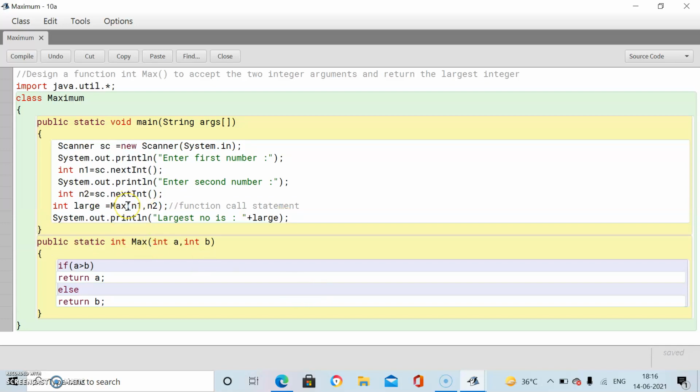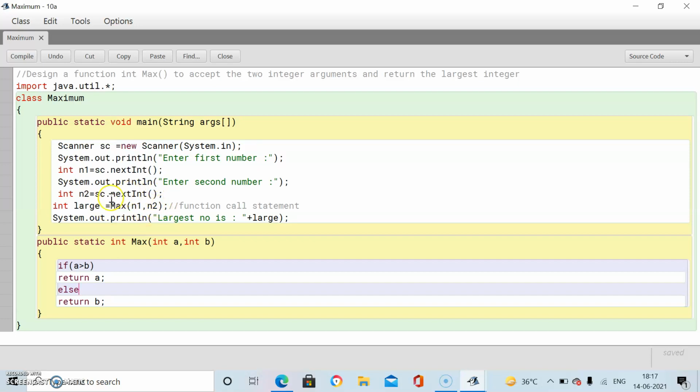The name of the function which you want to call, wherever you want to call it. Max is the name of the function. We have two numbers n1, n2. We are giving those numbers to max. We are passing the values, not the reference. Reference is related to objects. So n1 comma n2. We are calling max, passing n1, n2.